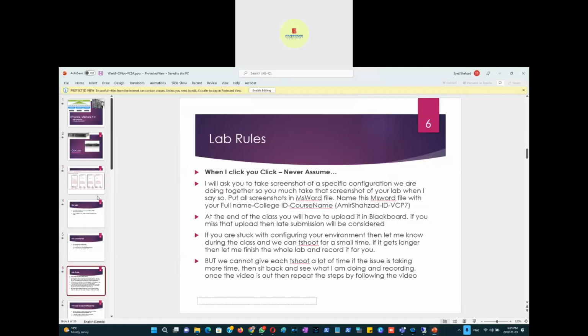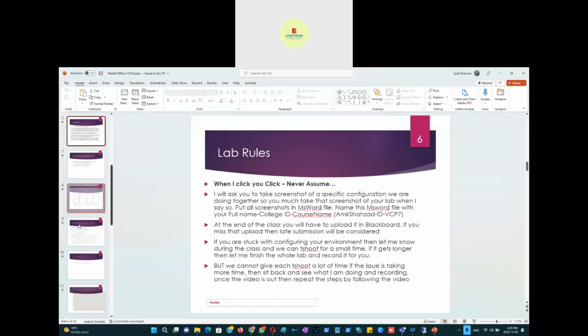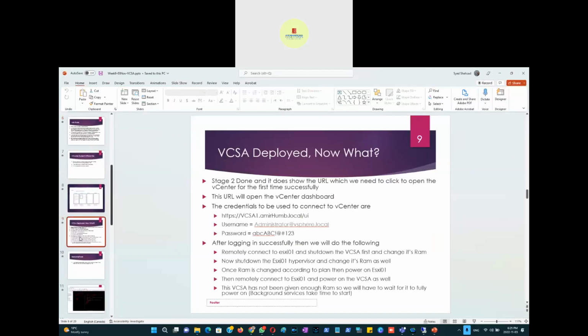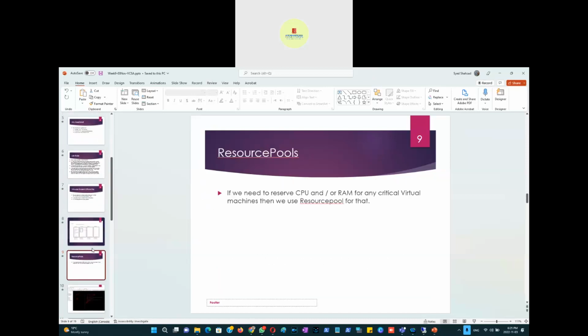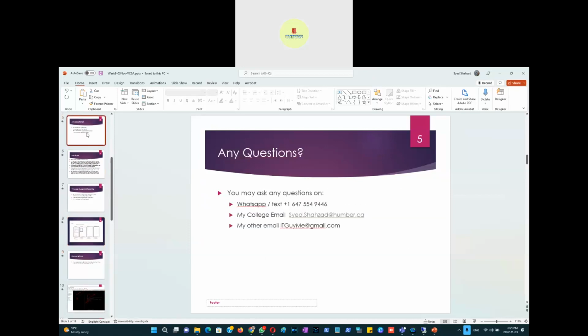Okay, let's switch up this. VCSA deployed. Now what? Stage 2 after logging in successfully, then we will do the following. Remotely connect to 651. First changes. Okay, that is all done. We were going through the VCSA configurations, but we also talked about the